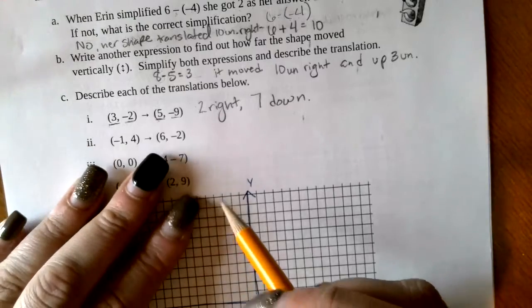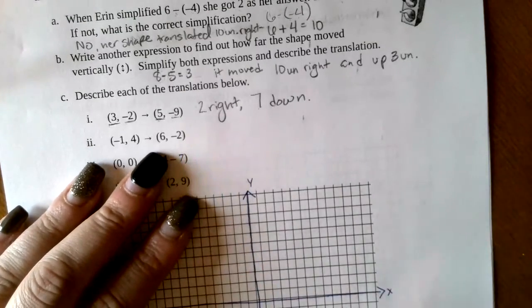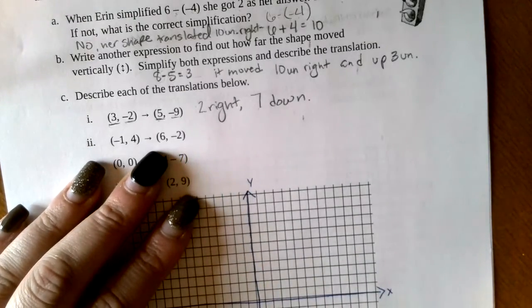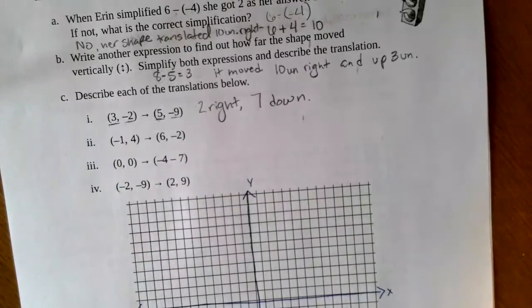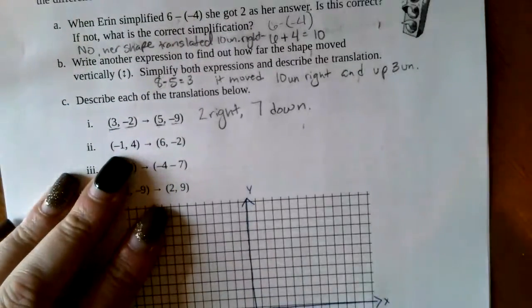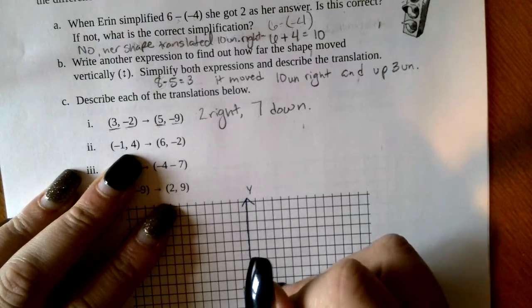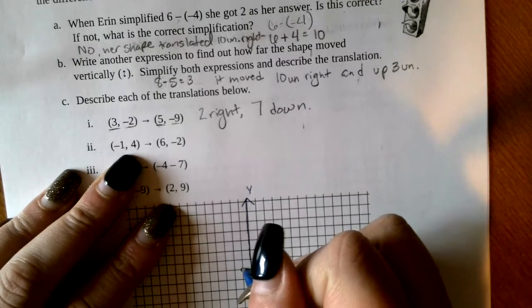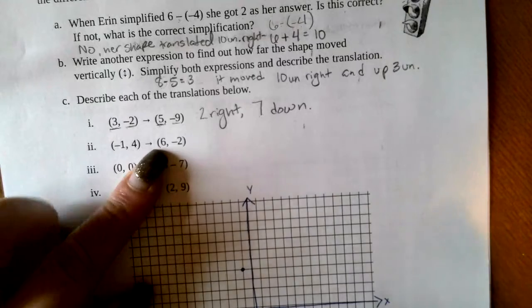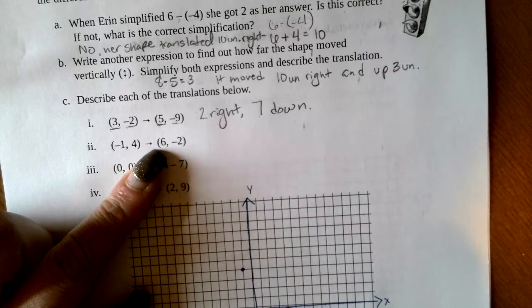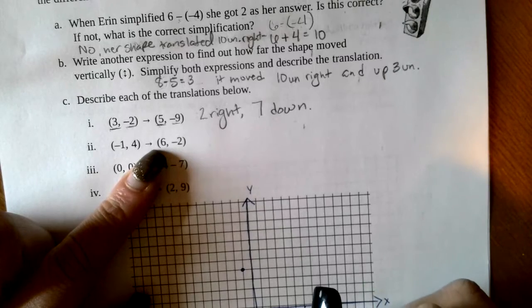Okay, so you can either do it with the equation, or you can plot the points down here. Either way works. I'll show you both ways so you can see both, but do whichever one's easier for you. All right, so our next one is -1 on the x. I'm just going to use a different color here, and then up 4. 1, 2, 3, 4, just so you can keep it all separate. All right, and then 6. 1, 2, 3, 4, 5, 6, and then down to 1, 2,